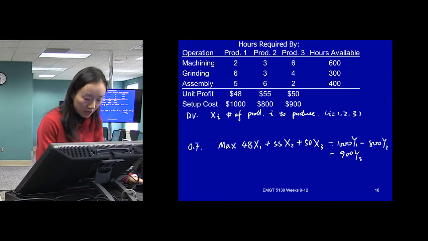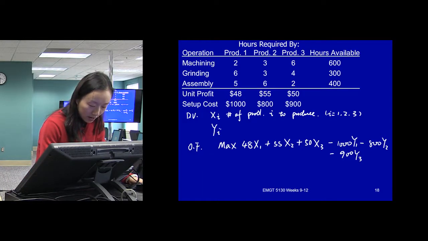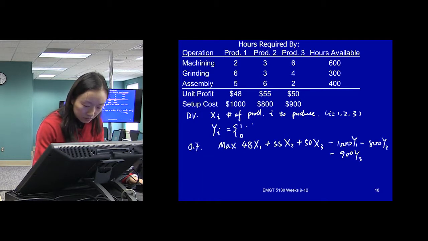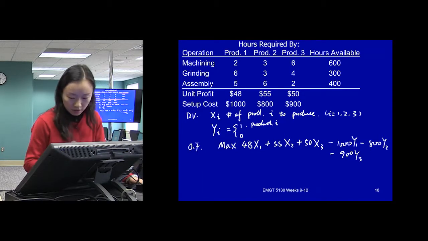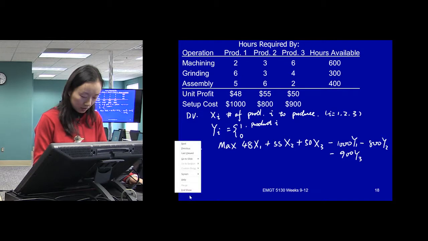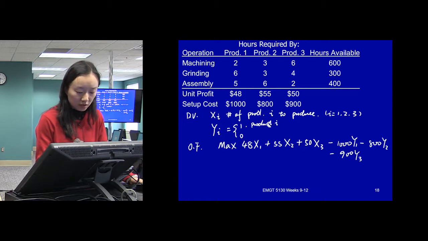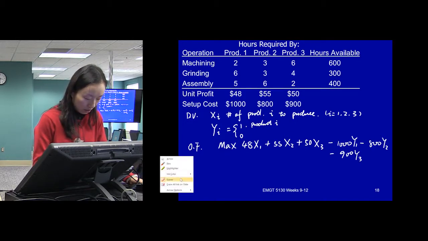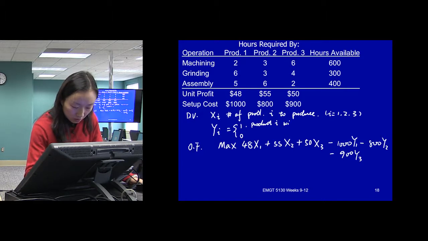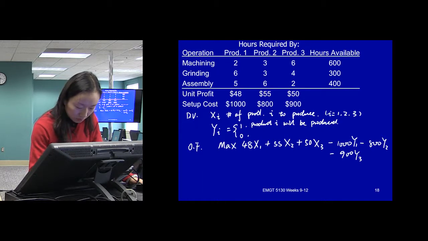Okay, so with this, we include those setup costs, but we have introduced a mechanism to include or not include. So here, I'm going to introduce this y equals to be 1 or 0, if product i will be produced, otherwise 0.